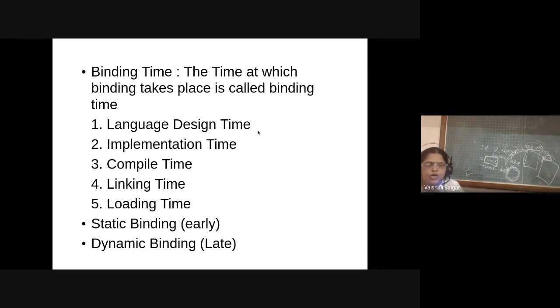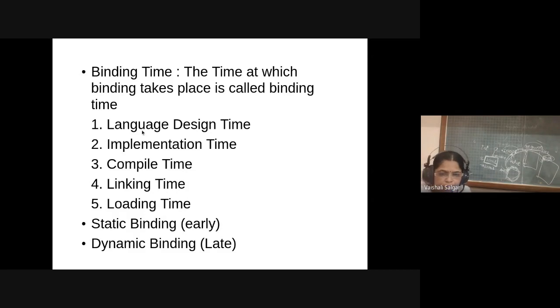Based on this, there are two main categories of binding: early binding and late binding, also referred to as static binding and dynamic binding. I hope all of you know about the usage of the static and dynamic keywords. Static is early binding.